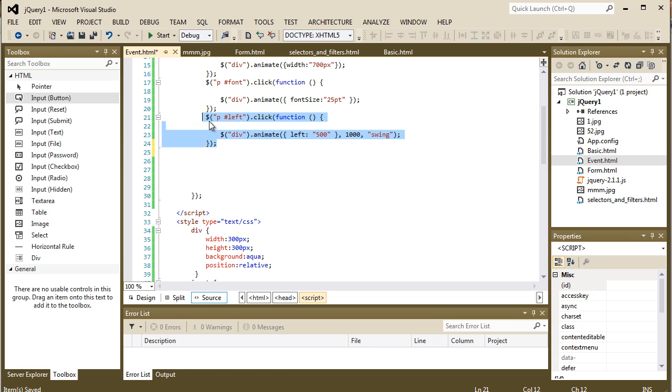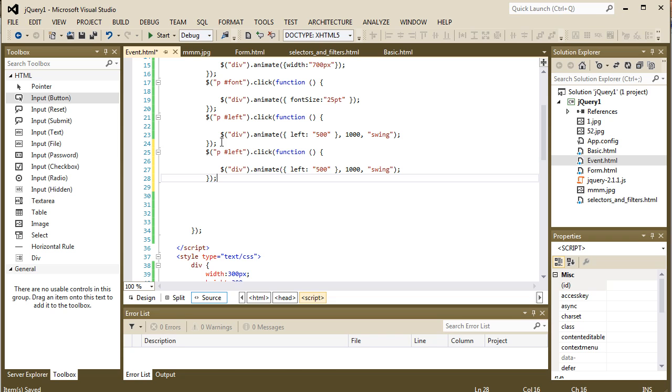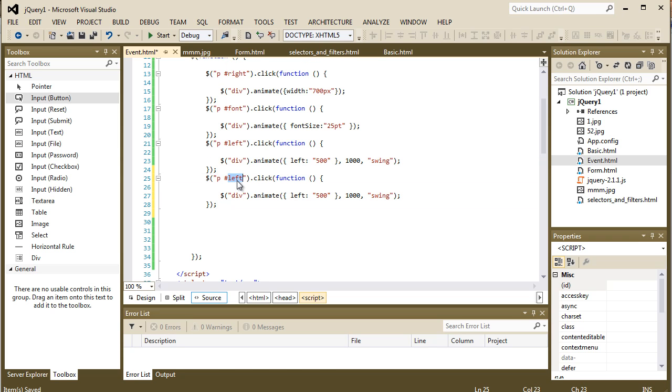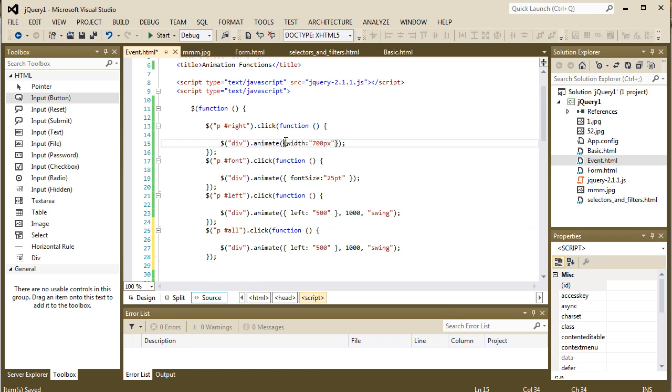Copy this one, paste it, and then mention here that the id name is all, that animate, and here I also use this width here, comma, and then also the font size, copy this one and paste it here. And here I'm going to pass this one as linear. Let's save it,